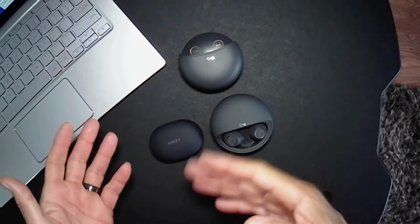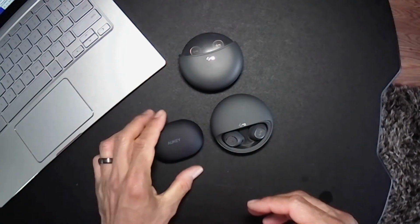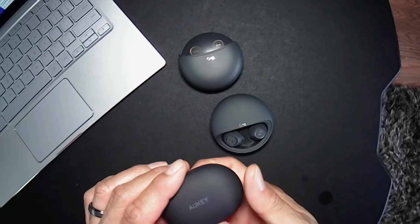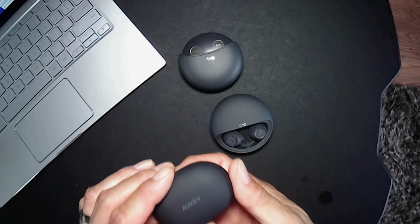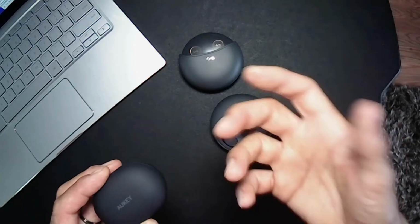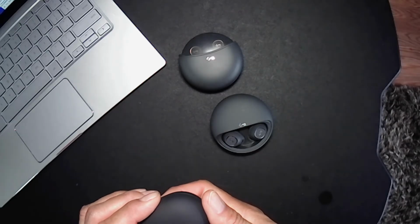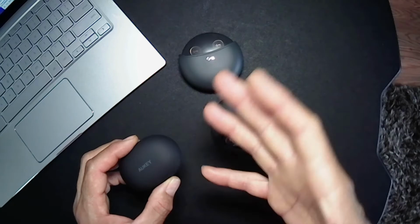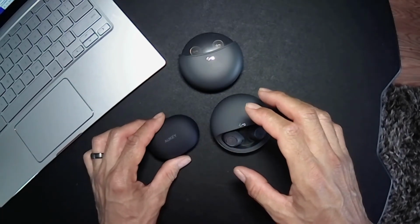Battery life is really, like I said, about the same on both of them. I haven't used this one enough to know if you run it with ANC on, whether you're going to get a big hit on battery. Usually you will get some type of hit on battery because it's extra processing to have ANC turned on. But if it's anything like other ANC headphones I've had, it's not a really big drop, so I wouldn't be super concerned about it. This one's IPX5,